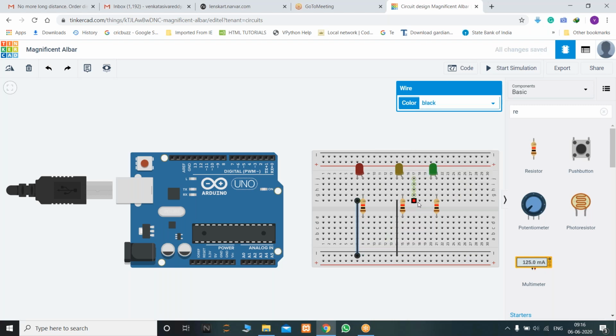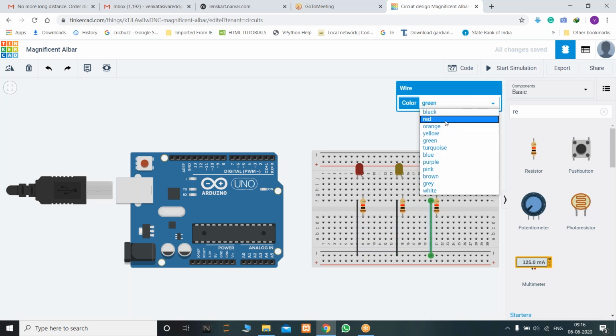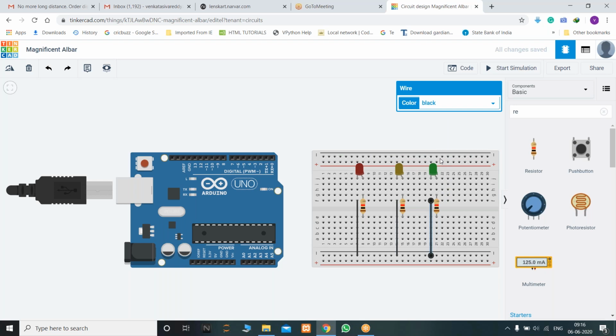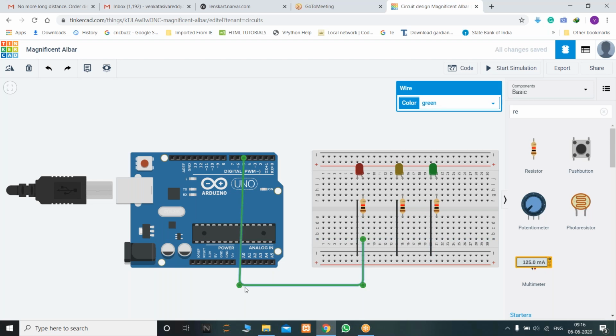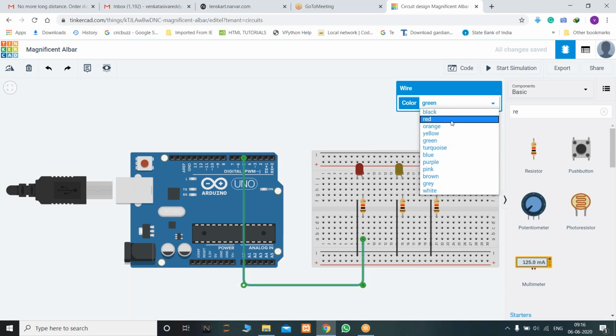So black, and I'm making a common ground for all these three LEDs. So the cathode terminals I connected to black, and I'm connecting this red to digital 5, and that is in red color.